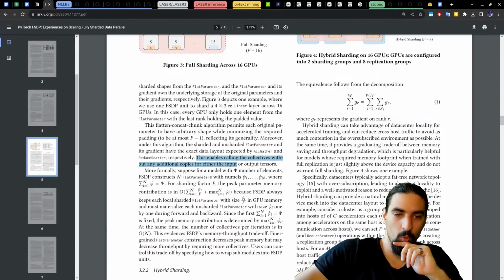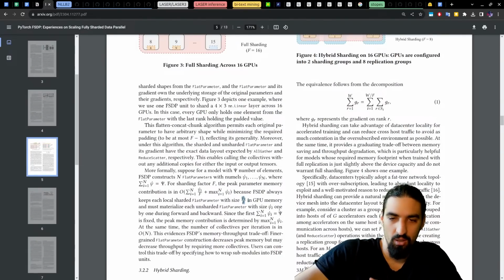Because FSDP always keeps each local sharded flat parameter with size psi_i over f in GPU memory and must materialize each unsharded one with size psi_i one by one during forward and backward. Since the first term is fixed, the peak memory contribution is determined by the max.